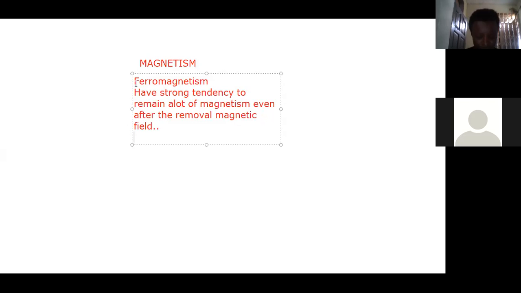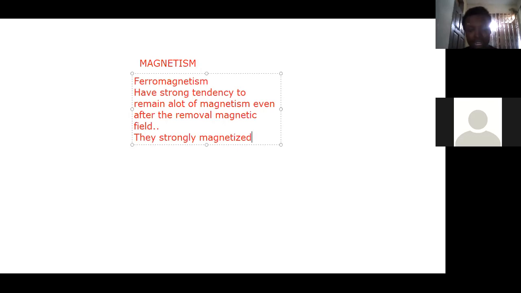And we said that they are very strong. They are strongly magnetized. I've also said that they normally align themselves in the same direction as the external applied field.